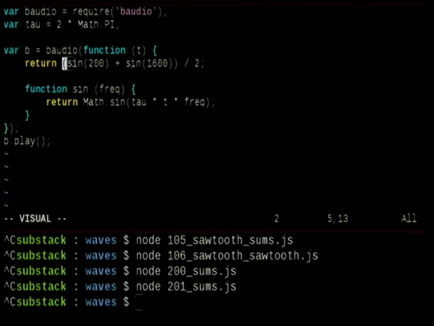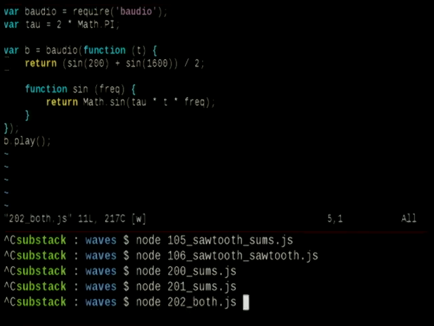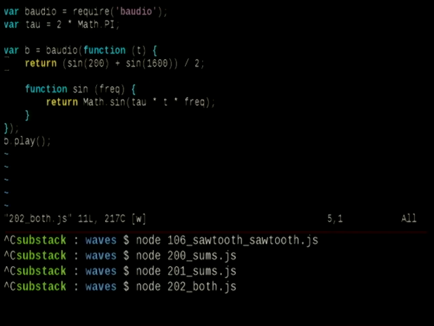And you don't have to always divide by 2, but this just makes sure that the values are not going to clip, because if you get too much clipping, you can hear it. And sometimes it's kind of cool because it turns it into more like a square wave, but sometimes it just makes it sound crappy. So yeah, we've got the low sound and the high sound at the same time.